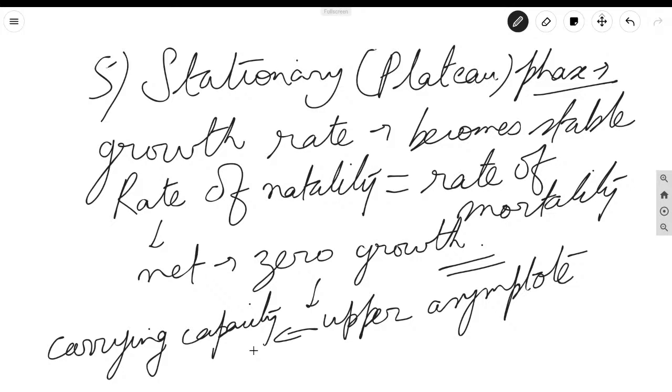The entire ecological aspect will become unstable, right? So the biodiversity then will become unstable if the ecosystem gets destabilized